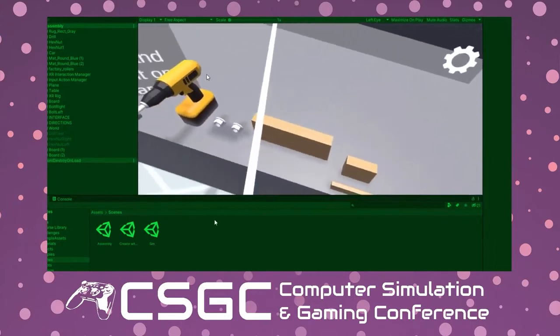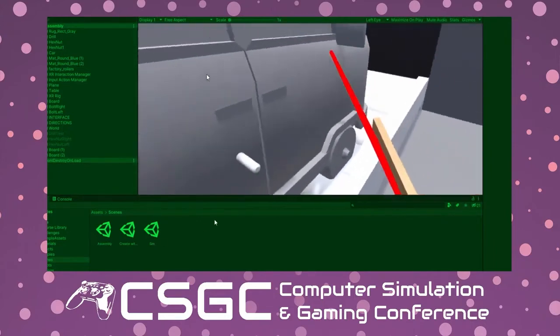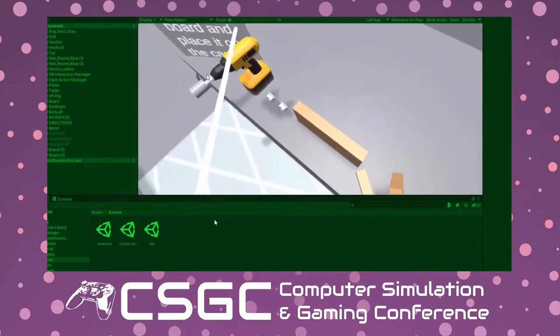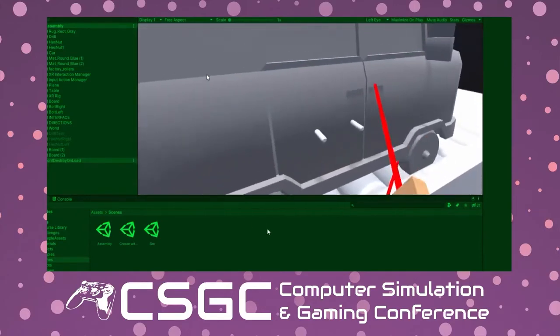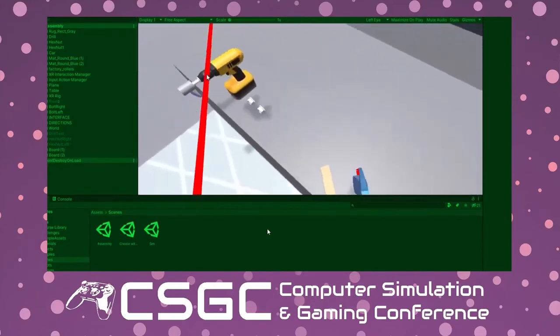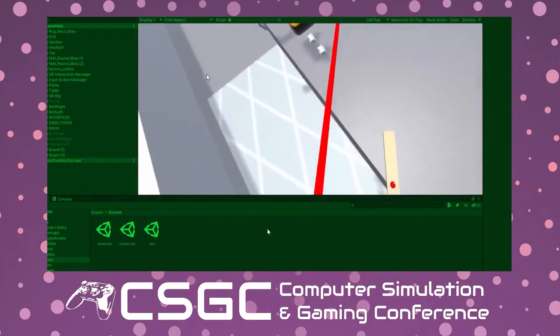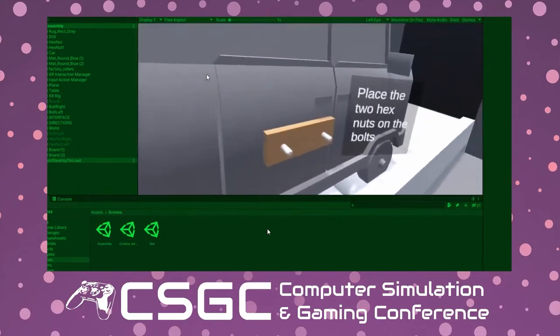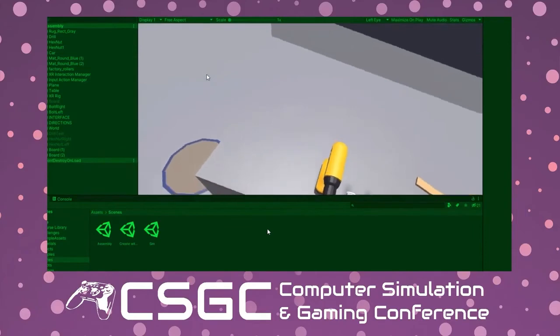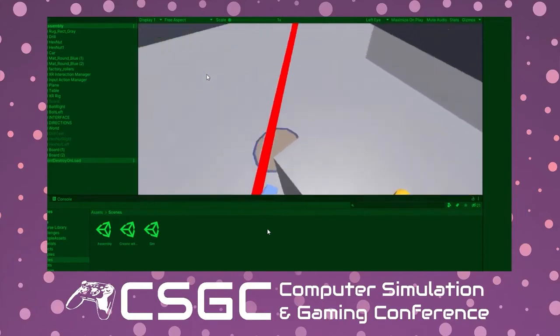So these are my different boards. You grab this one, you'll realize that it doesn't fit. You can grab this one. You realize that it doesn't fit, but okay, of course it does that. So the other board snapped into place. That hasn't happened to me yet, so it's really weird. But once the board is snapped into place, grab the hex nut,